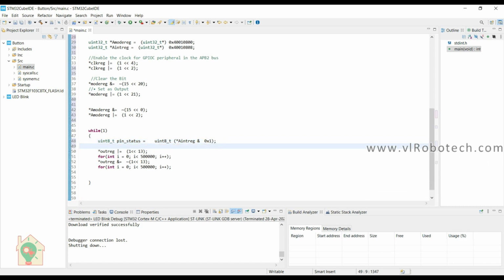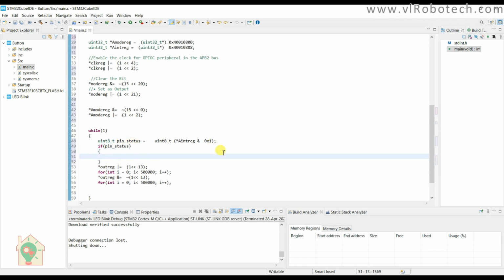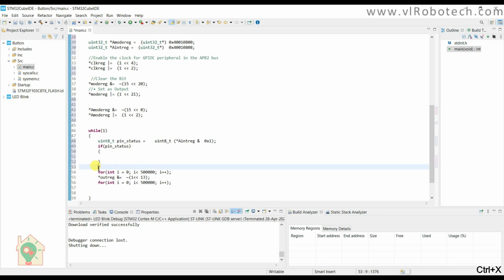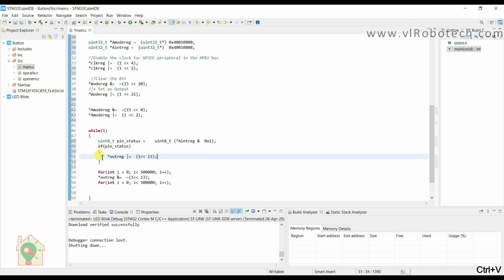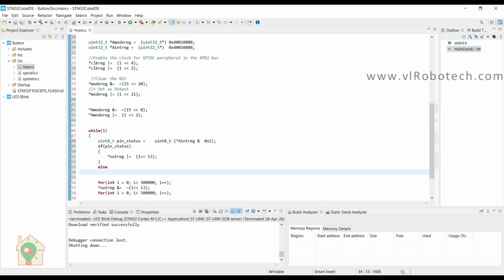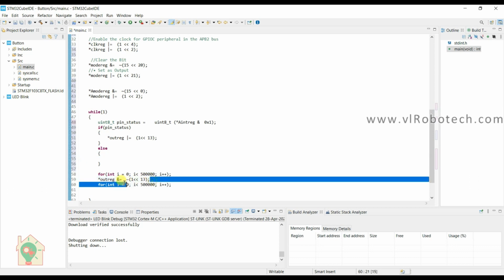Now I will use an if statement. If pin status is non-zero, then the LED will be turned on. Okay, else, meaning otherwise, the LED will be turned off.